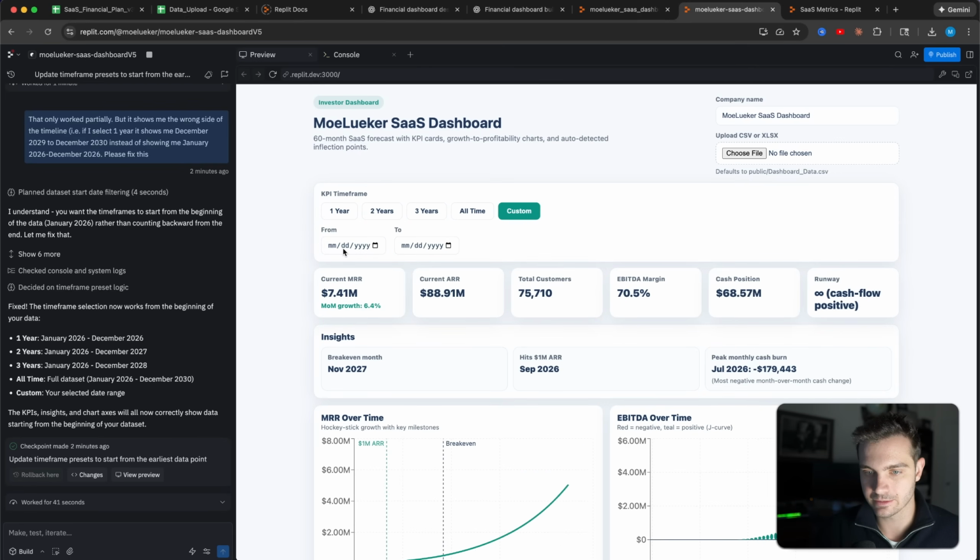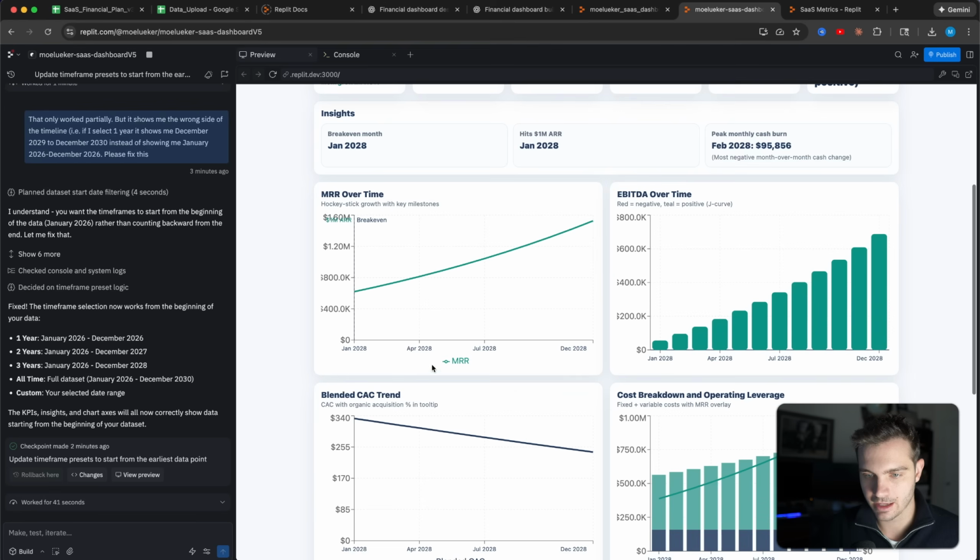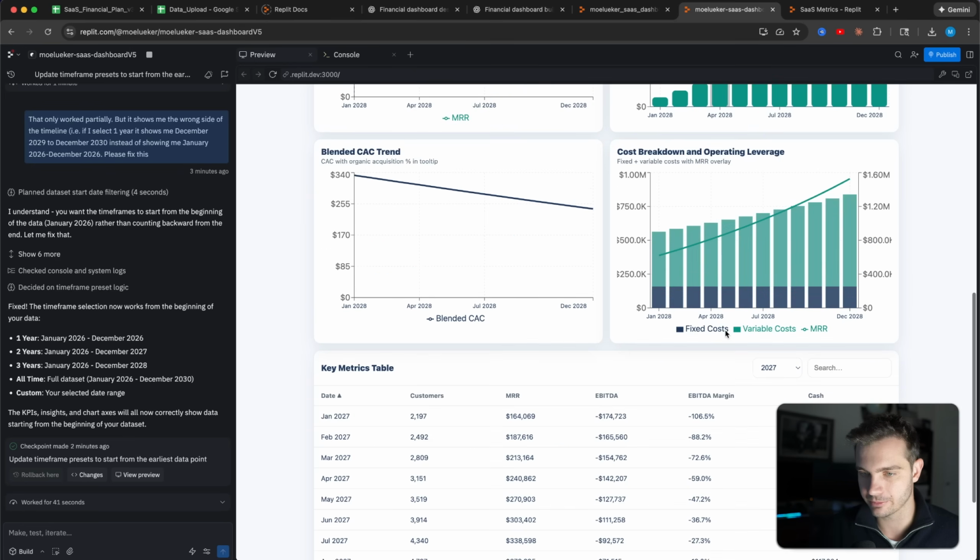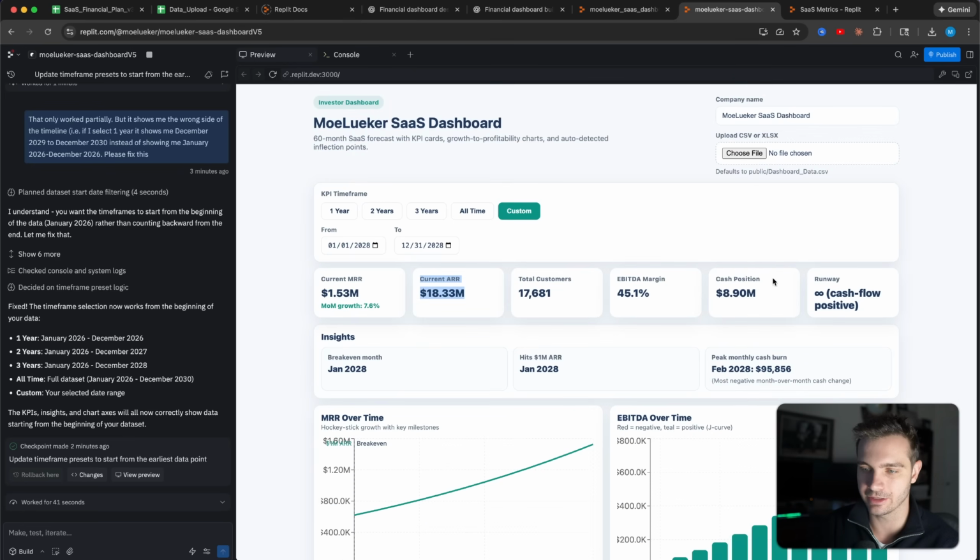percentage. Let's see if the custom function also works. Let's say we only want to investigate 2028, and we should now see only 2028, which is great. We see it right here growing up and to the right, and we can see the data for 2028 shown here as well. I love this already, and there are so many more possibilities, but let me first show you the